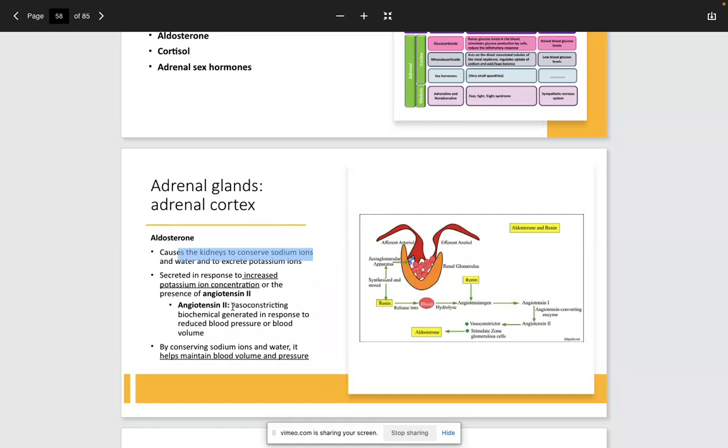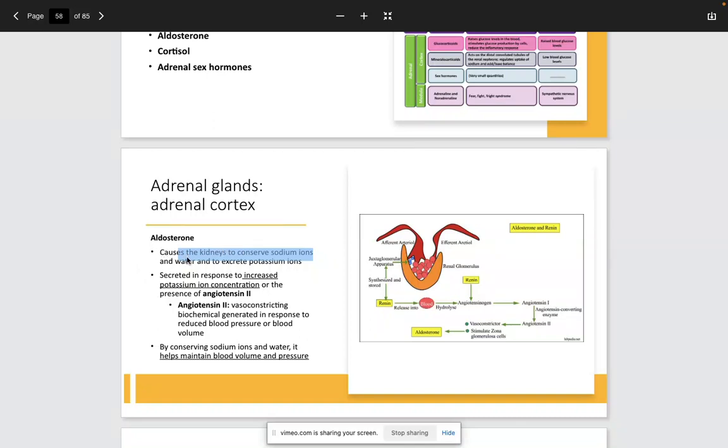Remember, ACTH is going to cause the increase in response of only two of the three. Only two of the three hormones produced within the adrenal glands or the adrenal cortex. That's going to be primarily the sex steroids as well as cortisol. However, angiotensin 2 or Ang2, which is going to be a byproduct that we'll discuss later on, that's going to cause the increase in aldosterone. For our purposes, the only thing I want you to know at this point